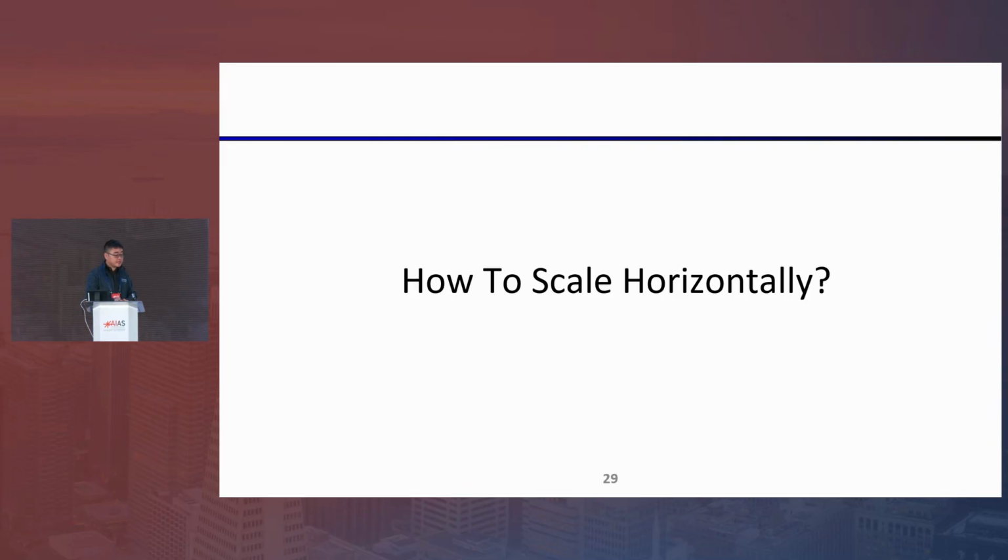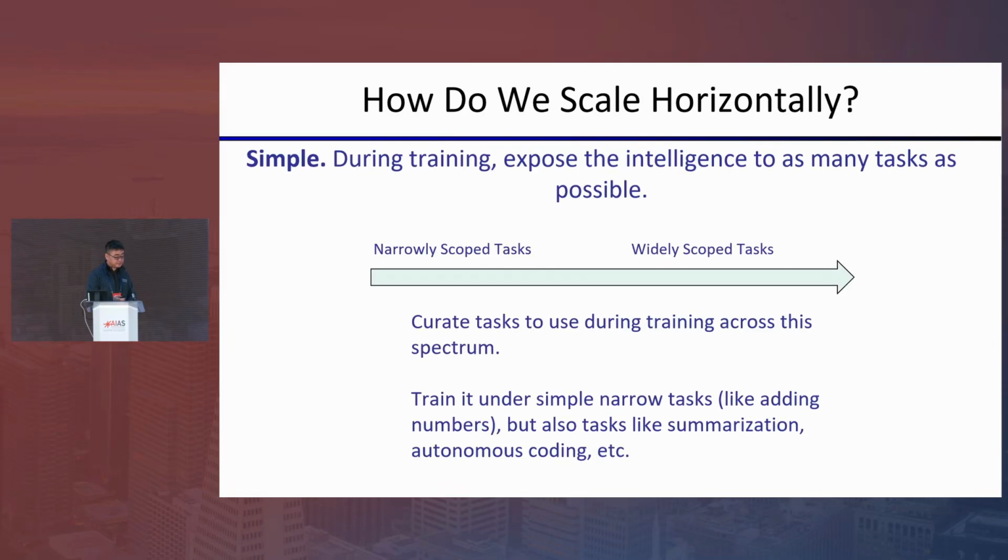I also want to touch a little bit on horizontal scaling. How do we really scale horizontally? That's also related to the general belief we have, that as humans, we are really exposed to many different tasks, in particular very challenging tasks that require really abstract reasoning in open domains. So generally, if the AI has really not seen anything like this, it's very unlikely the AI would behave as a super intelligent person in terms of these very open-ended questions.